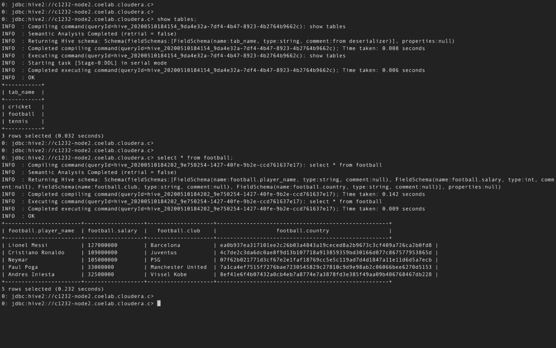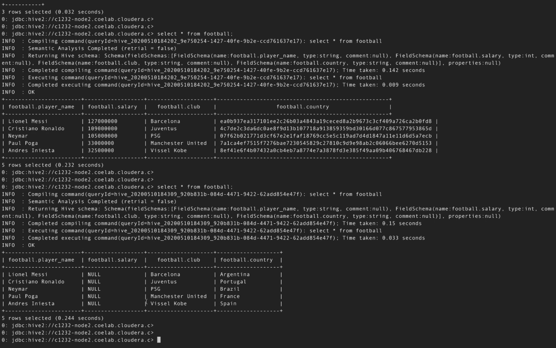Let's verify if this works. So we have successfully hidden the salary column from the user, and now the country column could be seen by the user. So notice that when the hash masking type is imposed on an integer, it will show a null value, whereas when a hash masking type is imposed on a string, it will produce a hashed value of the string.